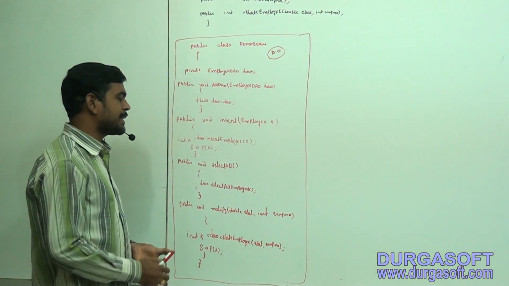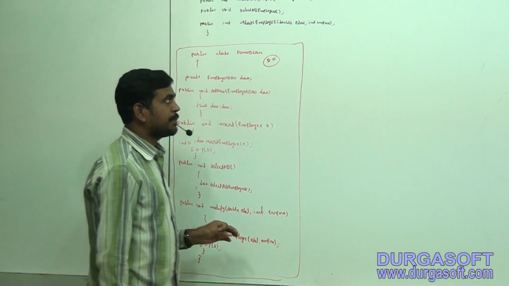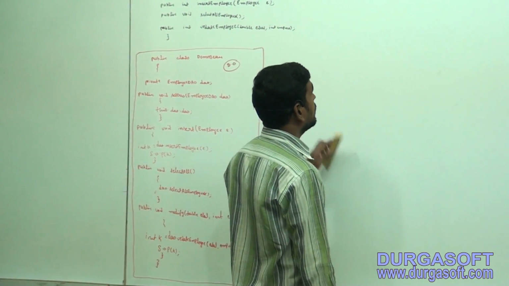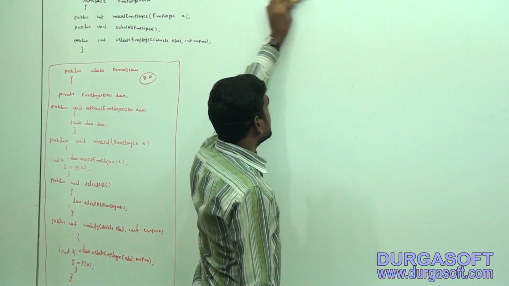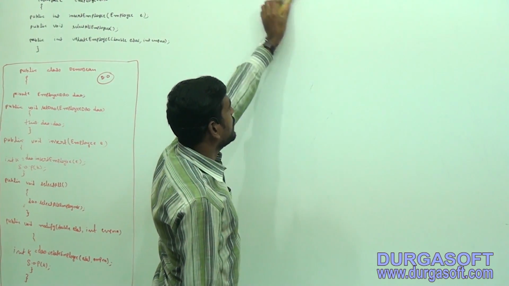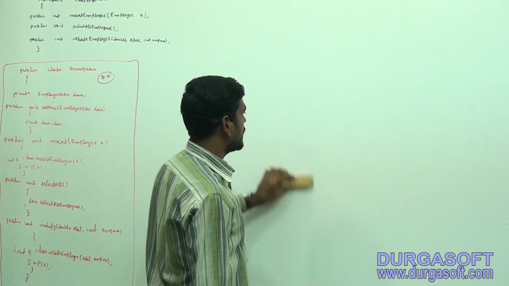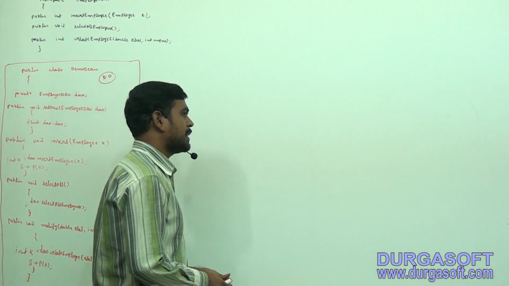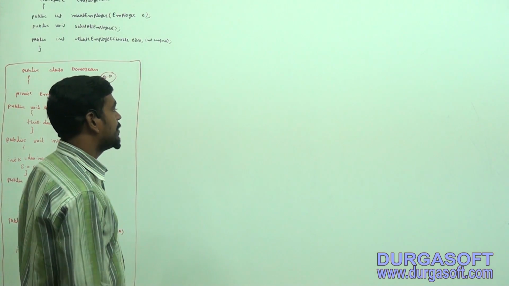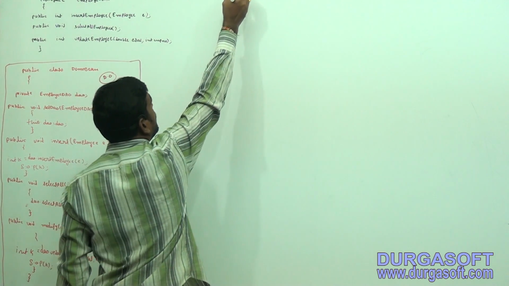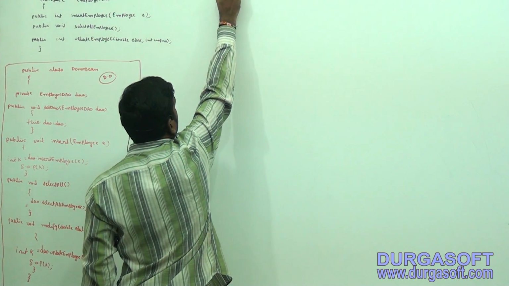This is the business logic. Now we can implement the persistency logic. Now, how to implement the persistency logic here? Try to understand. First of all, we need to import here,